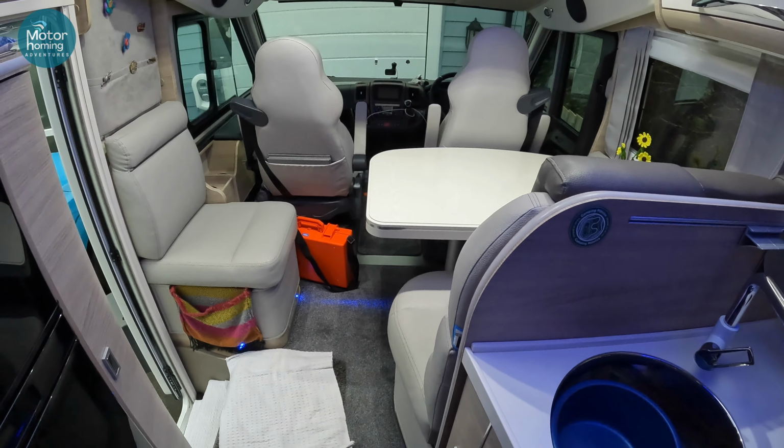So I think as well, as I drained out the heating and everything, we need to just fire up the heating only. Not going to put the water on because I haven't refilled with fresh water yet, but we'll stick a bit of 24 on before I set off for 20 minutes or so. I'm still on hookup into my garage, so I'll run it at mix 2, keep the water off,